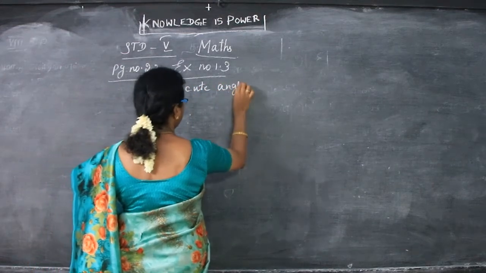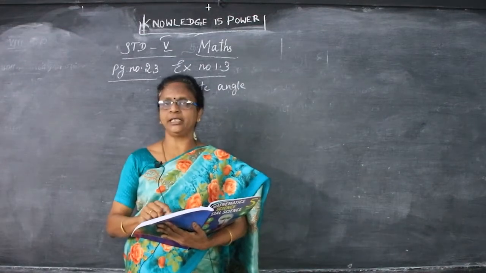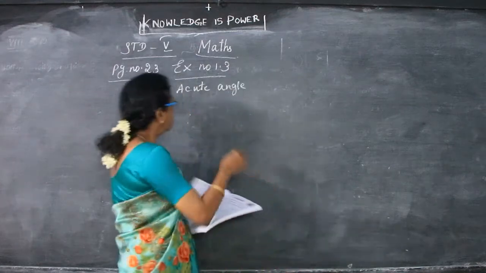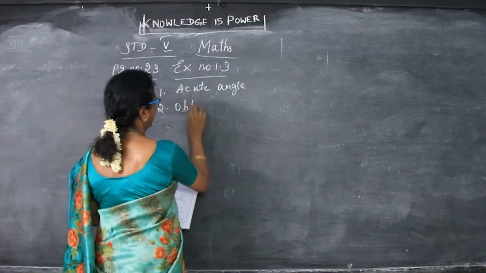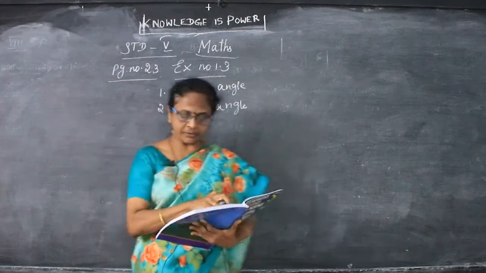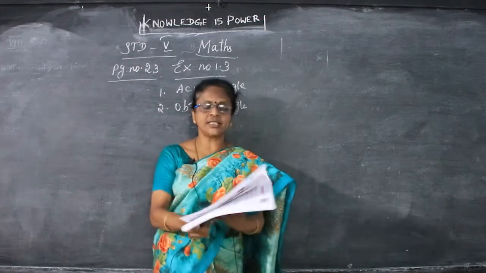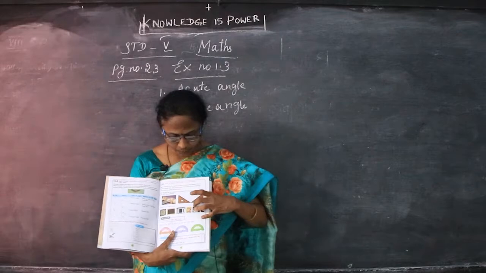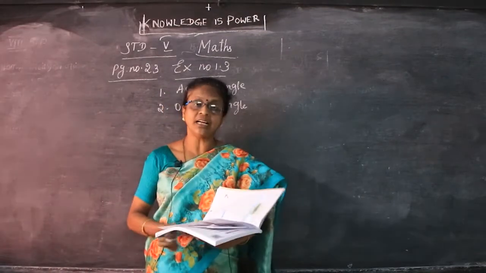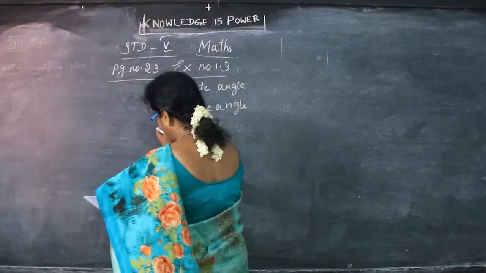This is the fill in the blanks exercise number 1.3. The angles below 180 degree and above 90 degree, that is, 90 degree to 180 degree, more than 90 degree, are called obtuse angles. Next: the dash angle is formed when joining two consecutive right angles. What angle is formed if you join the set squares in the geometry box? You might have seen the two set squares. If you join these two set squares, you can see a right angle. So a right angle is formed by joining the two consecutive ones.